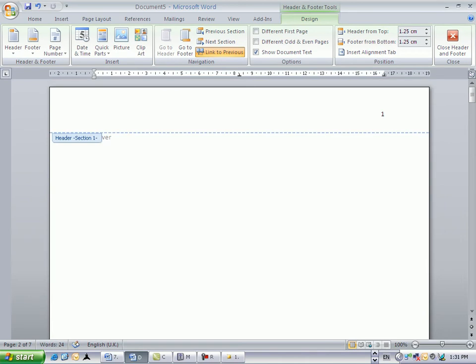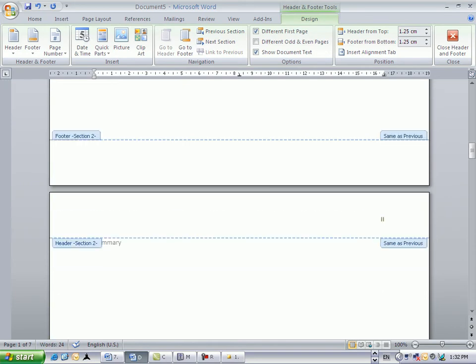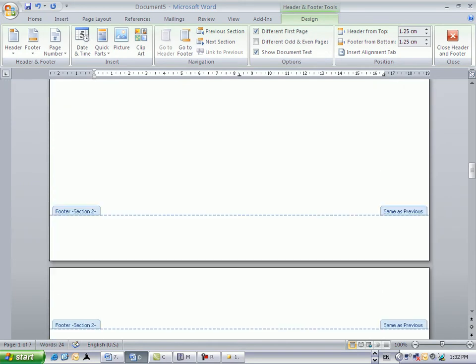I still have one problem. Number 1 is also indicated on the cover page, and I said I do not want to have a 1 on the cover page. Therefore I click on the cover page, and because this new ribbon design just appeared, because I'm in this header, I click different first page, and then this 1 disappears from my cover page, and I can still see the Roman numbers 1 in all the other pages. Roman number 2, Roman number 3,